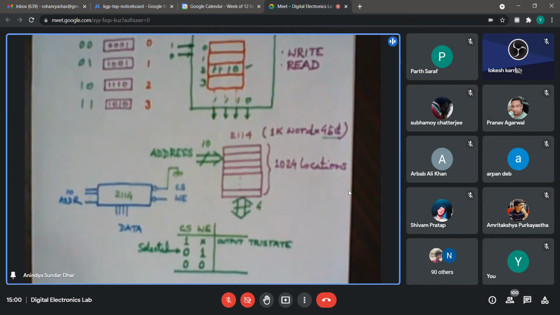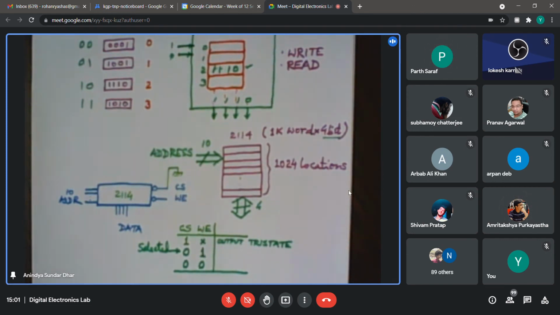And for the other combination, from the name itself it will probably be apparent, but what can you tell me it should be? Anyone can unmute and say. Don't take much time.